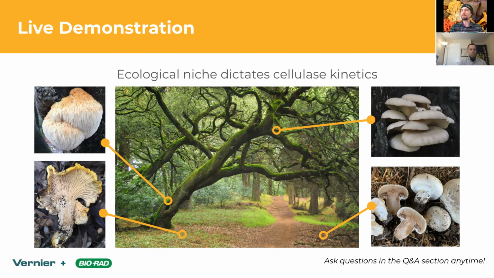So the Agaricus mushrooms that we're all familiar with from the grocery store, those are growing on what I like to call pre-processed cellulose substrates, i.e. poops and things like that. In any habitat, you can find these macrofungi occupying very different niches, and each one of those will have very different activity when it comes to looking at their cellulases, or specifically the cellulobiase enzyme that we'll evaluate in this lab activity.